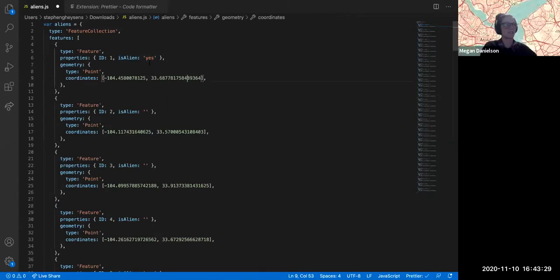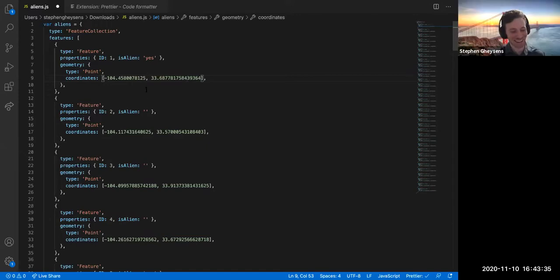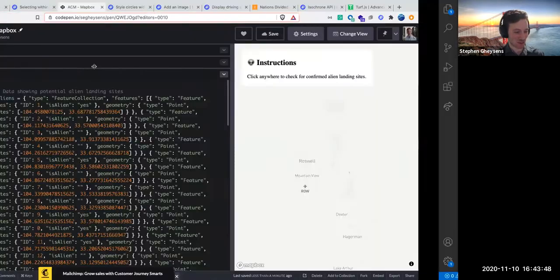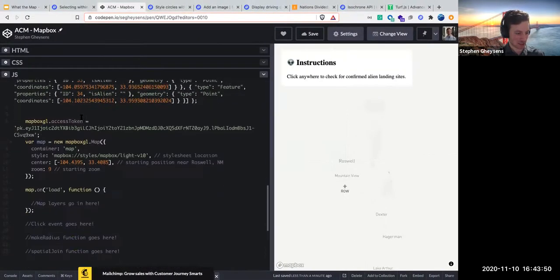Latitude or longitude, or longitude or latitude, is the great debate of formatting within the geospatial community. Yeah. If you ever bring your data into a mapping tool and it ends up in Antarctica when you expect it to be somewhere in the US, you probably have your coordinates flipped. So now that you have a sense of what that data really is,